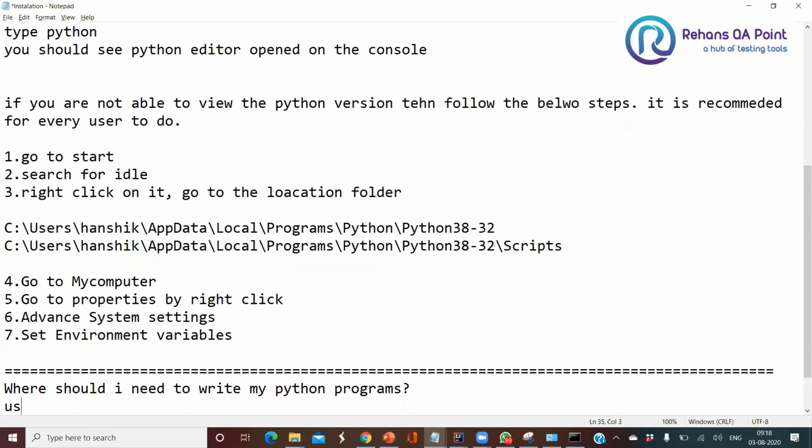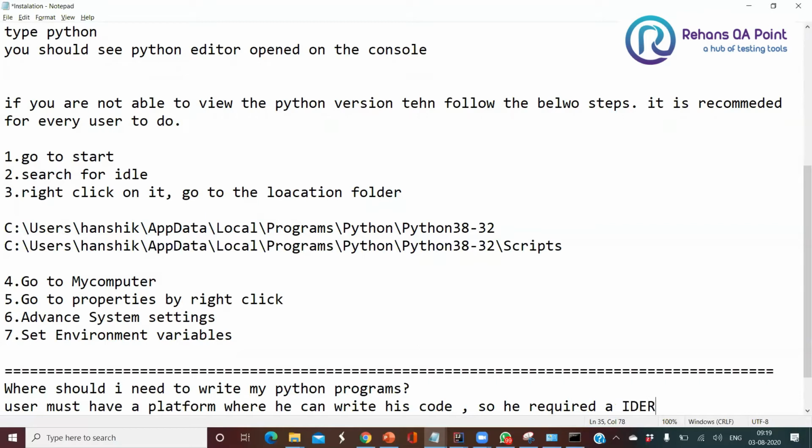So the user must have a platform where he can write his code individually. So he requires an IDE.